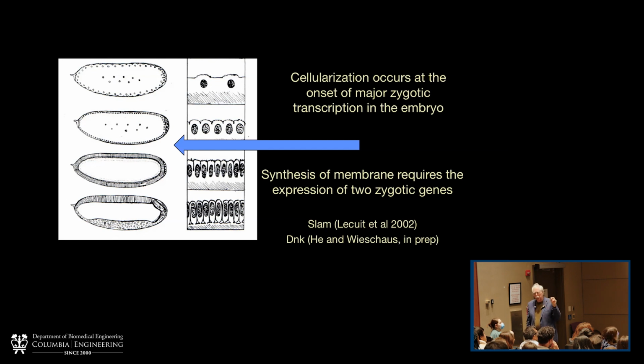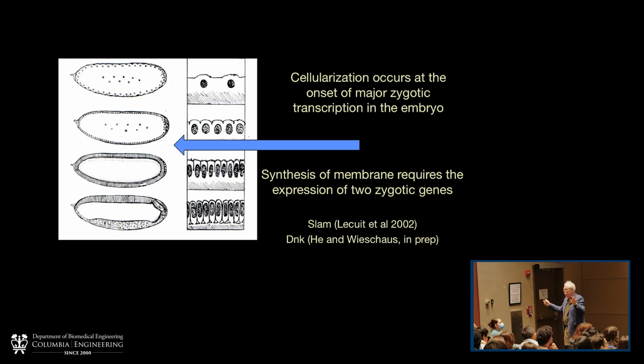Because fly embryos have a premium on developing as rapidly as possible and being the first little larva to get out of the egg and hatch, and they do all this incredible stuff in 18 hours, one of their strategies for speeding up early development is to allow nuclear replication, but not go through the mechanical process of subdividing the embryo into 2 cells, 4 cells, 8 cells. Instead, they replicate their nuclei up until they have 6,000. And then, when they reach 6,000 nuclei, they're at what's called a syncytial blastoderm.